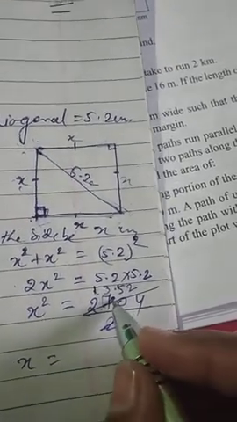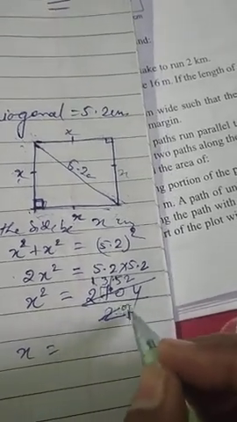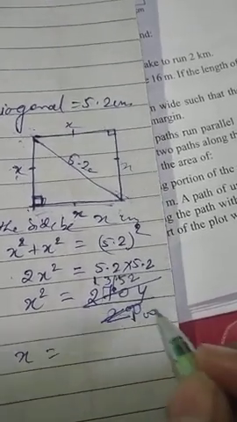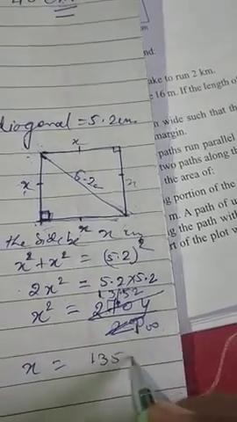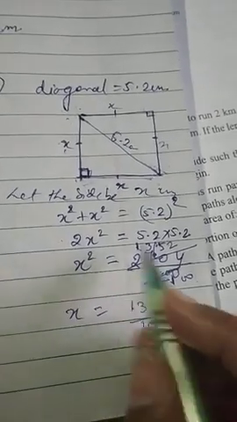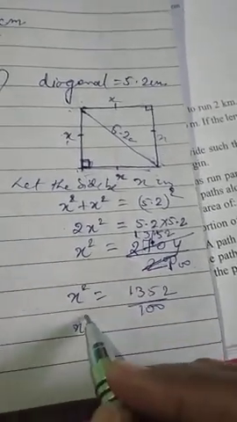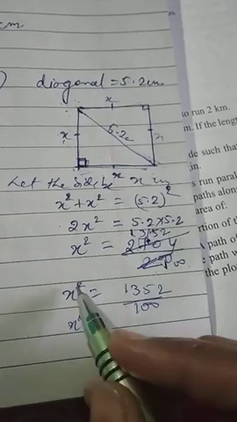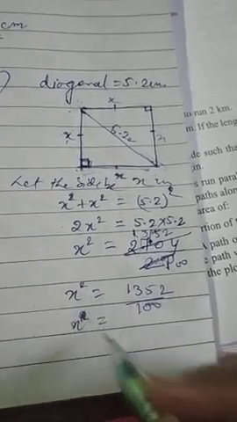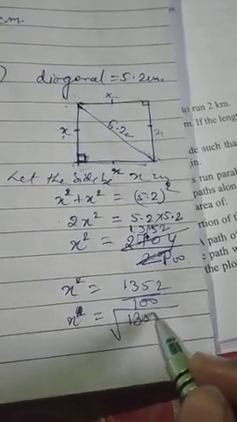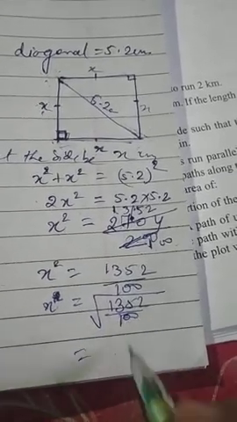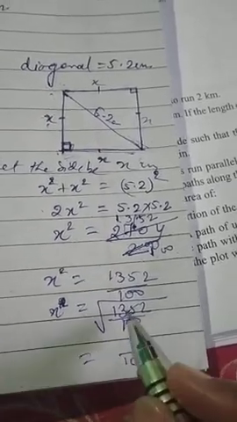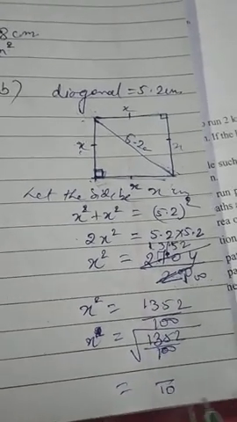Suppose we will remove this decimal. Then 20 will come. Here will be 100. So 1352 by 100. And this square will go as a square root for this. 1352 by 100. Can we find out its root? 100's root is 10. And 1352 root will be